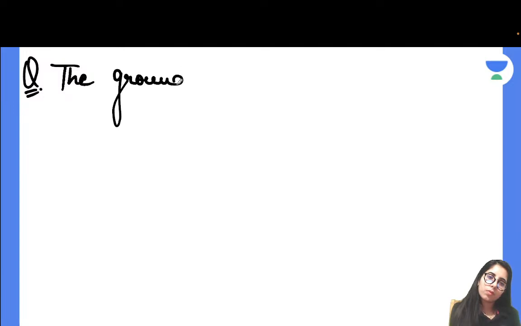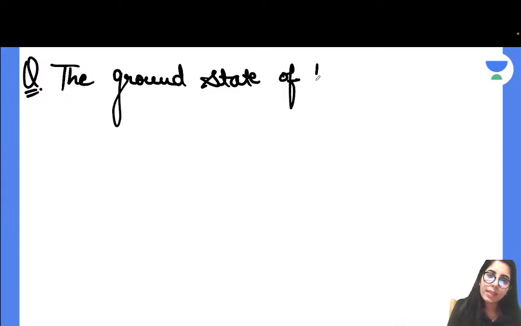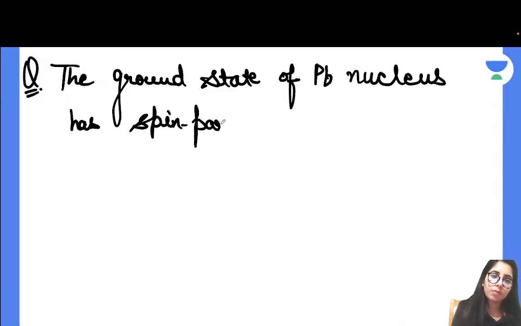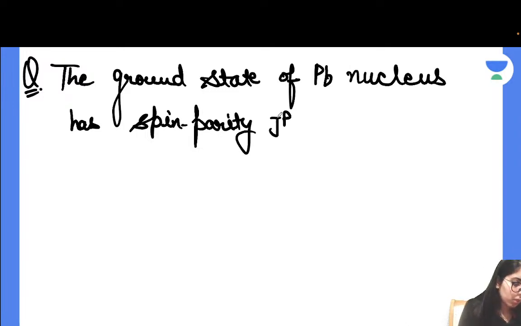So the question says: the ground state of the lead, that's Pb, nucleus has spin parity, that is Jp, which is equal to half negative,